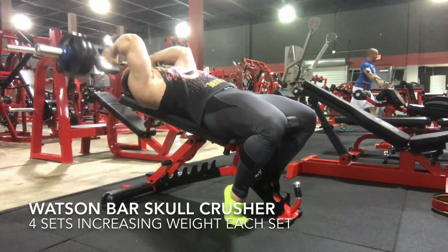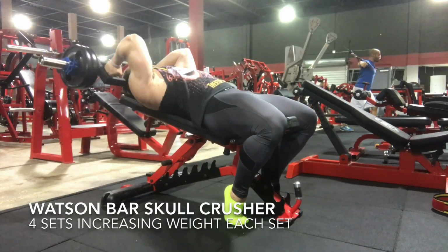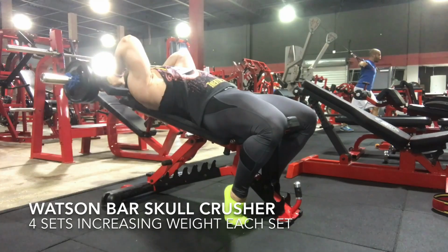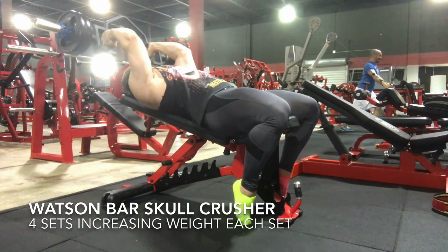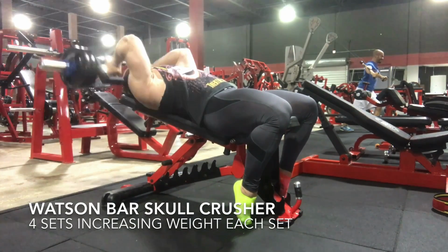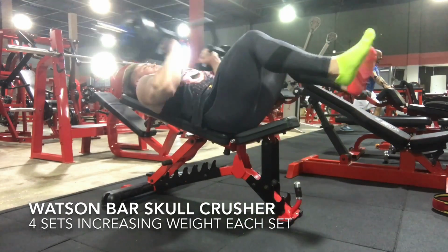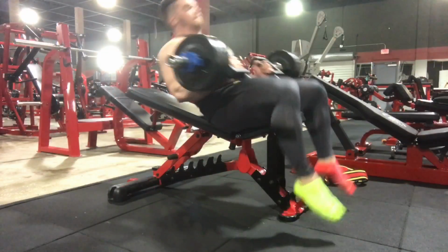Most straight bar stuff absolutely destroys my elbows and my shoulders, but with this bar it's really nice, and I actually prefer it more than dumbbells, as I can go a little bit heavier and have better stabilization during it. One of the intensity techniques I added here, as you'll see on the next set, is